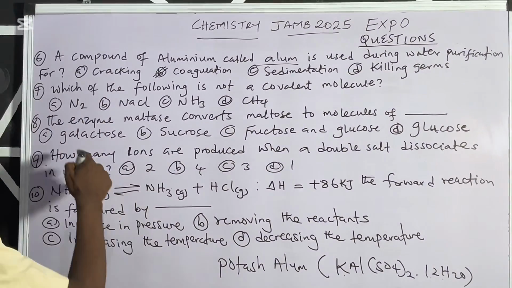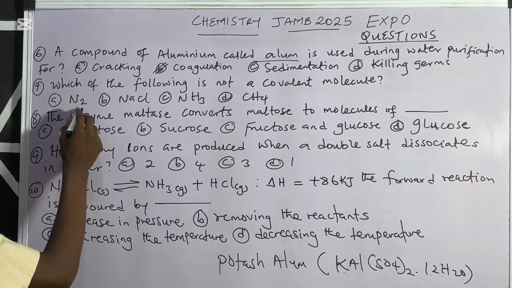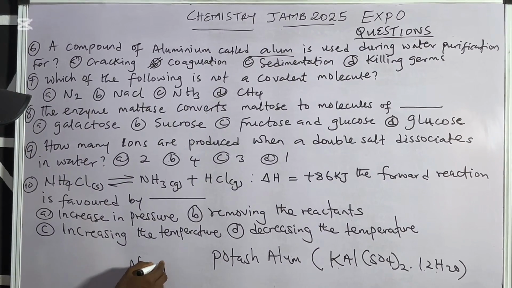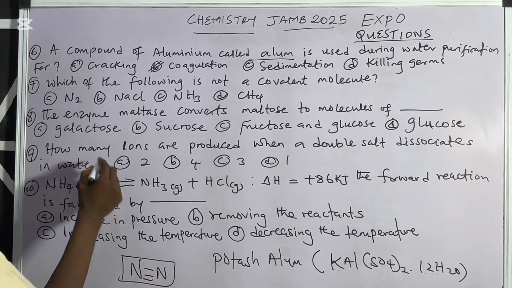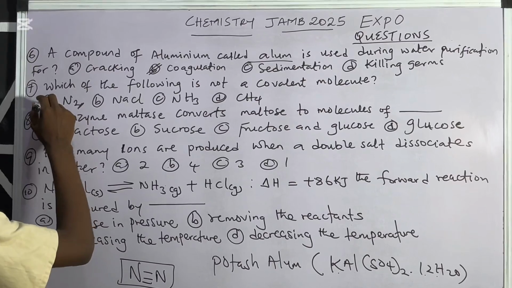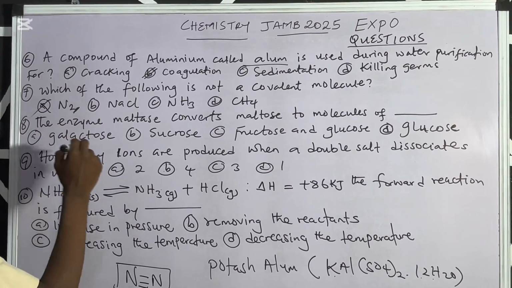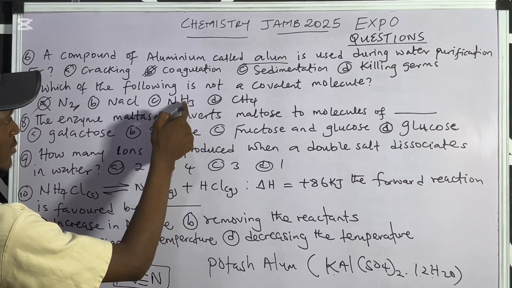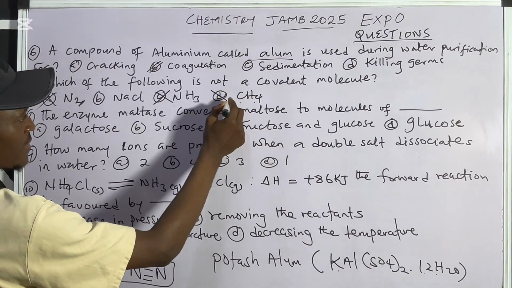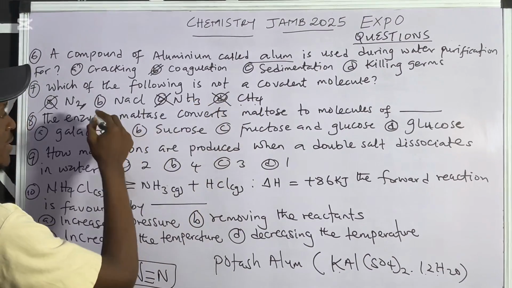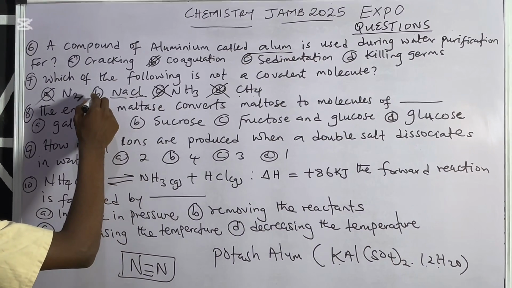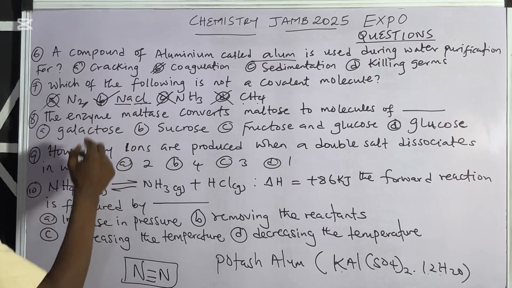So in this case, nitrogen happens to be a non-metal, and we're having 2 atoms of nitrogen. That should tell you that indeed this is covalent. So non-metals coexisting together, covalent. So this is wrong. Then ammonia, nitrogen, hydrogen, covalent, wrong. Then carbon, hydrogen, covalent, wrong, because these are non-metals. But this one is a metal and a non-metal. So this is electrovalent or ionic. So this becomes the answer.